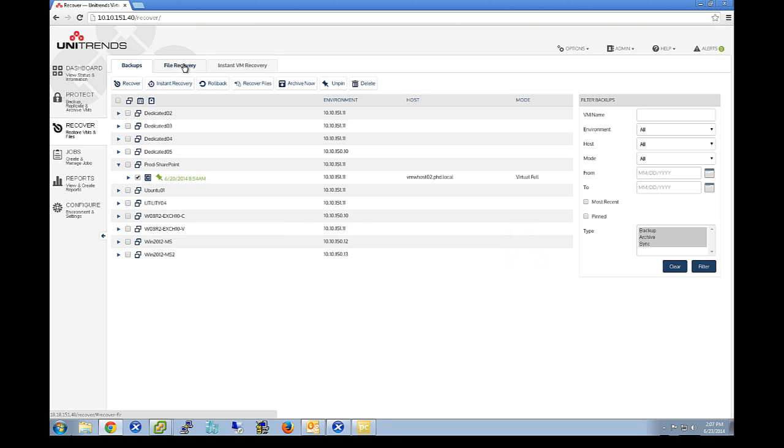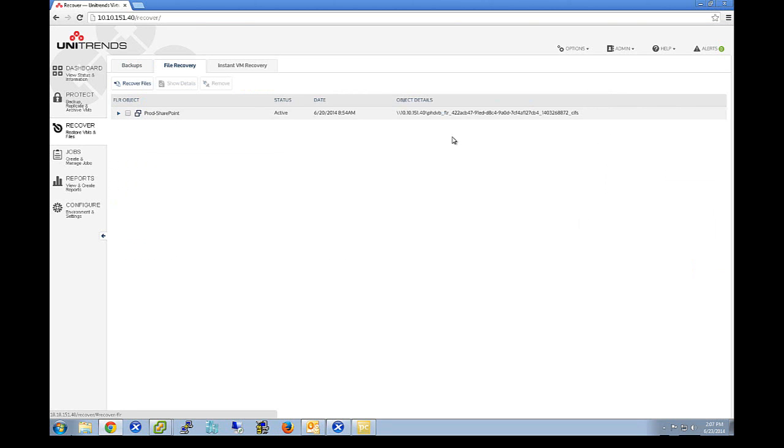Once that's completed, a CIFS share is now exposed from our web interface as shown here, and we just simply copy those details,